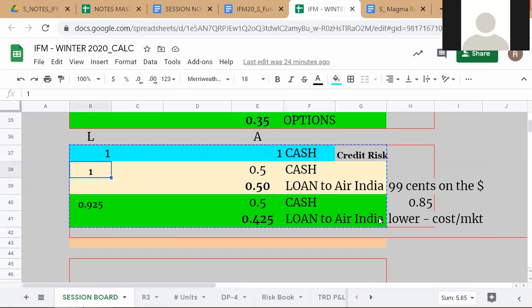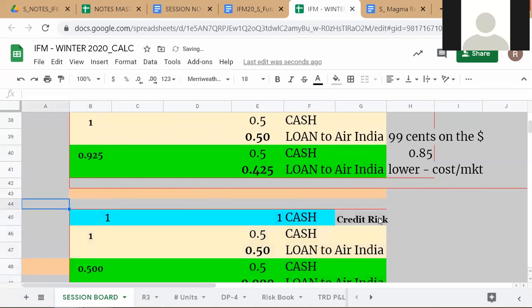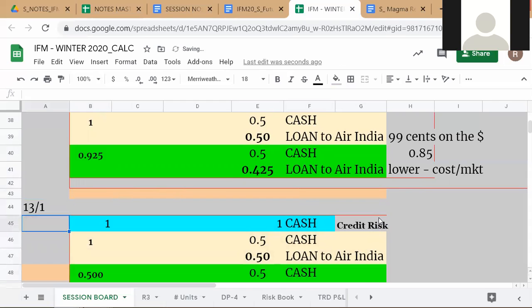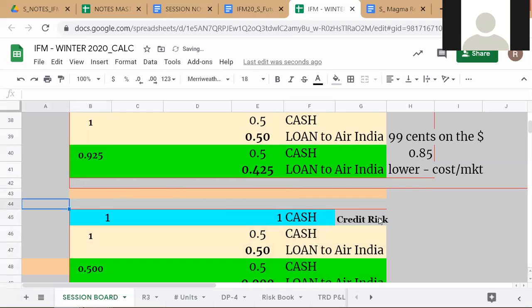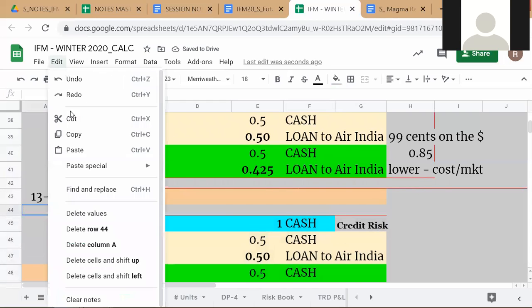So in this case, today is 13th. Actually, 13th Jan. Yeah. Okay. So,